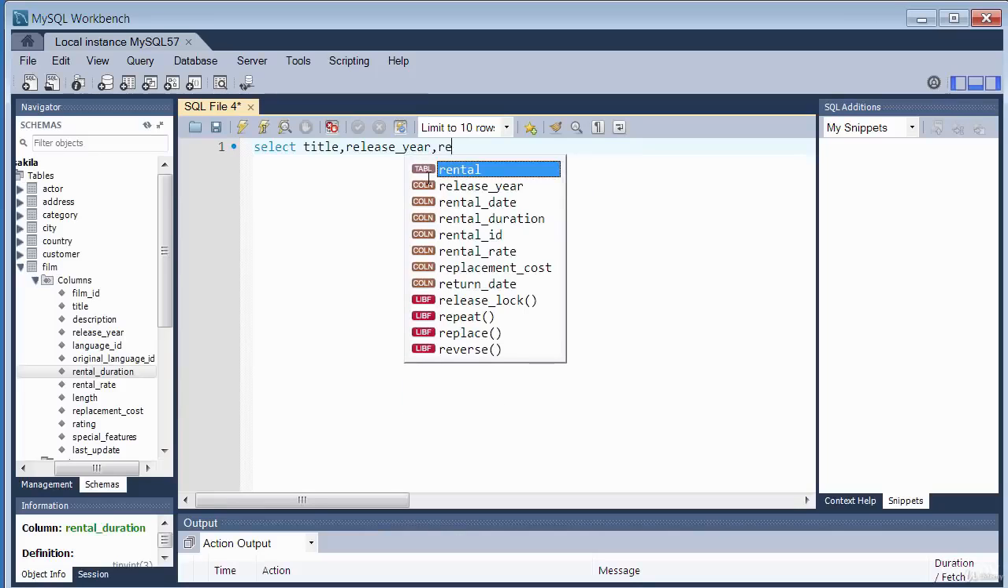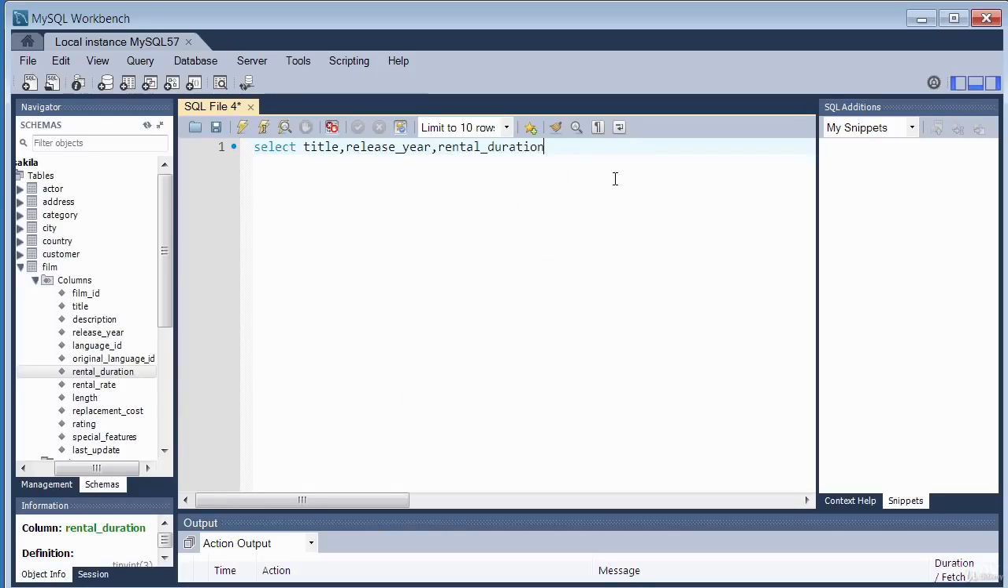The next, I want the rental duration. So that's my 3 columns. Next, I specify the table. The table name is called film, which is this table here. Okay, so before using the IN operator, let's just execute this query as it is